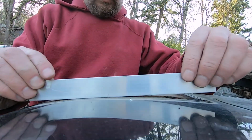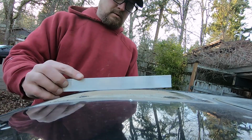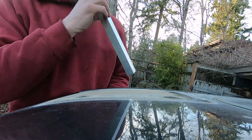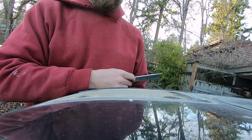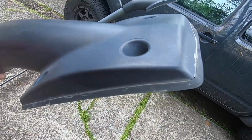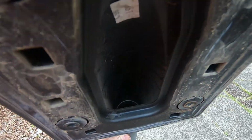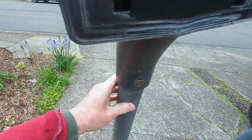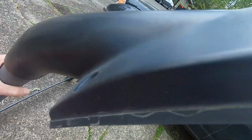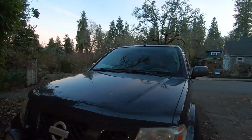I had thought about trying to fabricate my own ultra-low profile rack using the bolt holes, but at my DIY skill level, it wasn't going to be straightforward to match the curve of the roof. I also considered repurposing the 4 bases of the factory roof rack in order to reestablish a good seal over those holes, but they're just hollow plastic and I just couldn't see a good way to build a rack off of them. Short on time before my scheduled trip to California for the camper install, I decided to just plug